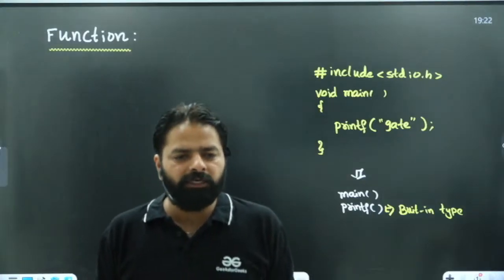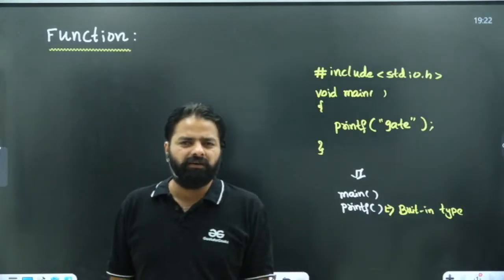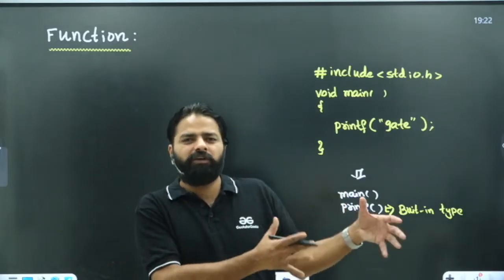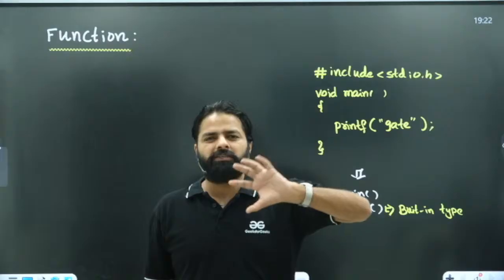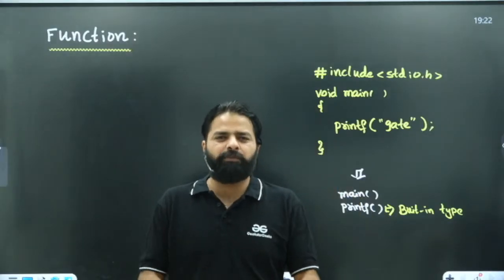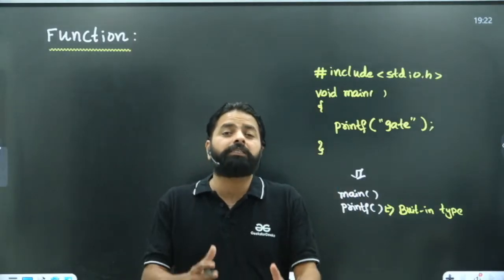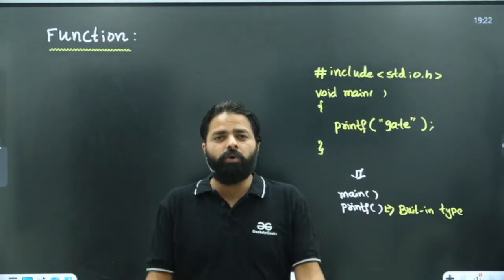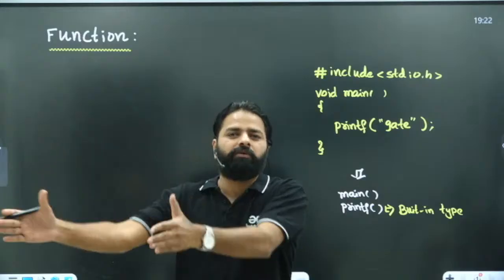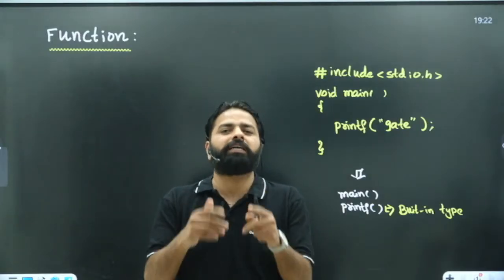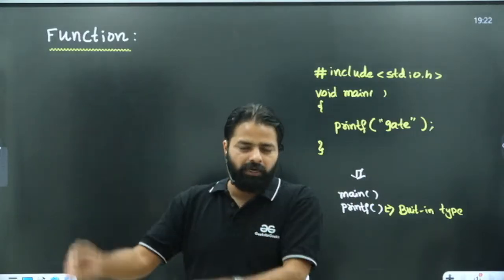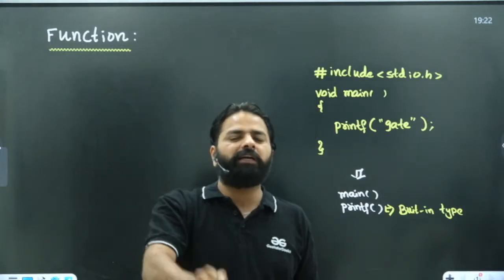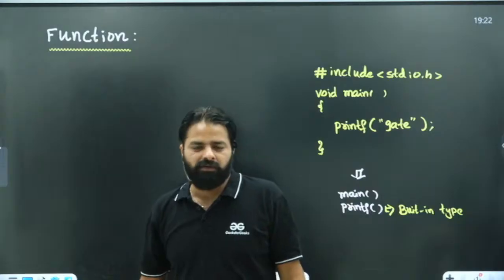It can be absent. Who told you it's compulsory? There was a mistake that I made during my BTech. Main is not compulsory. You can compile a C program without a main, but you can't execute a C program without a main. Both are different. You should link to some other program. Never use that word, that every C program definitely should contain a main. That's the wrong statement, right?